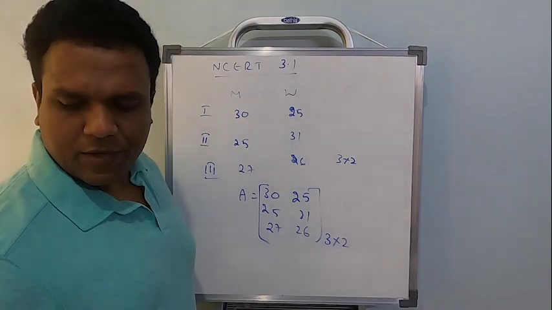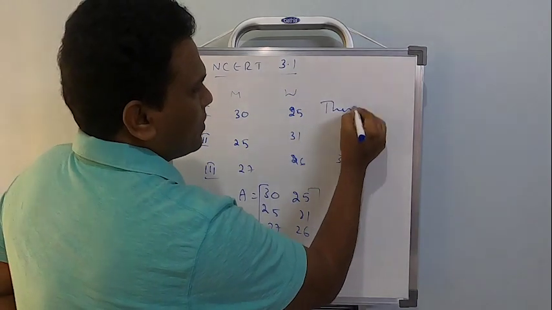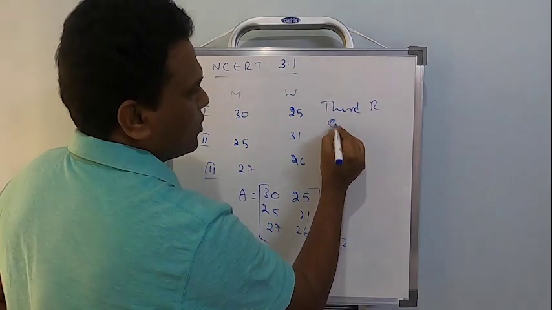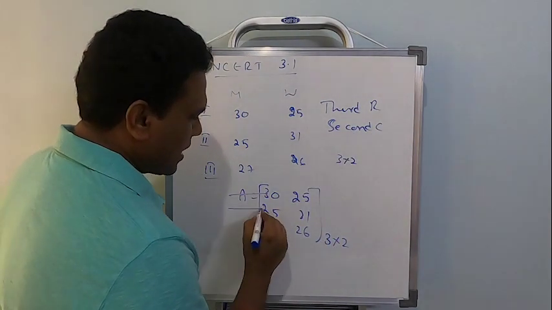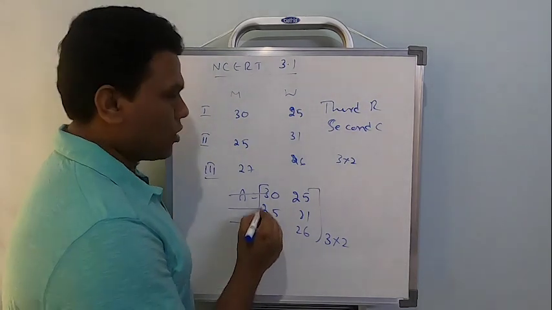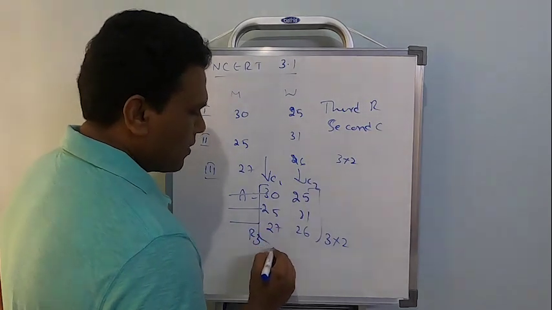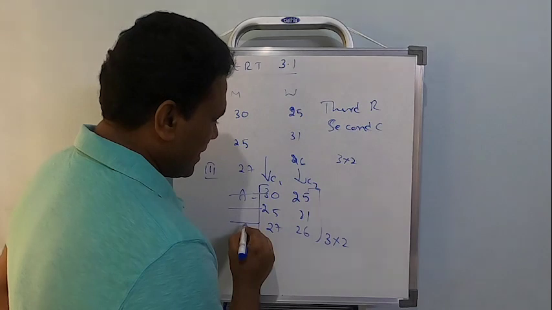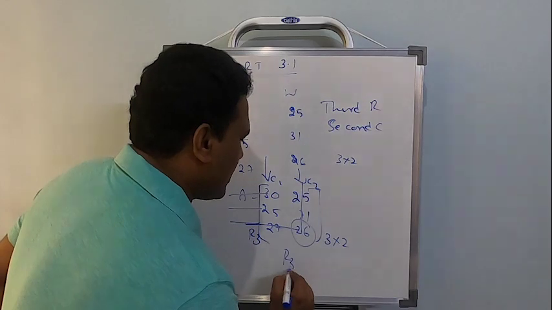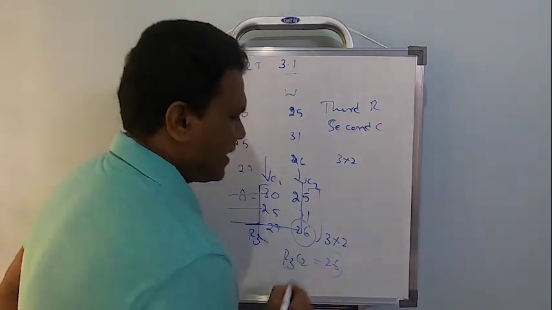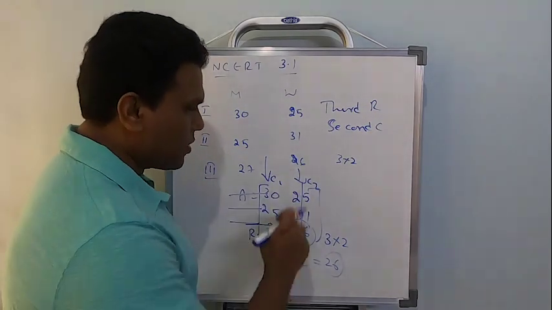Clear? Right. Then afterwards, what is the entry in the third row and second column? They are asking for third row and second column. The element which is in the third row, this is R1, this is R2, this is R3, this is the third row. Second column, this is C1 and this is C2. Correct? Now I want the element of R3 and C2. Right? So in R3, just keep moving till I reach the C2 element. So the element in R3 C2 will be nothing but 26. This is the position of the element 26. So 26 is an element of the third row and second column.